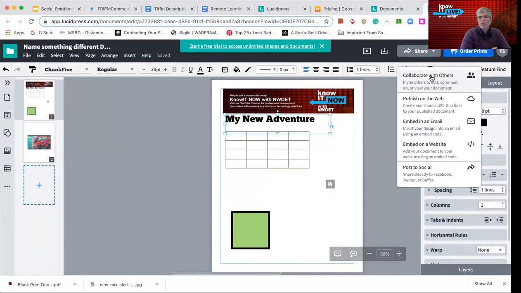So if you are using this for a class where you're trying to build your weekly newsletter, focusing on and featuring a certain group of people new to your school, getting to know someone, interviewing lower classes, community members, that kind of stuff. Publish on the web is an option as well. Embed in the email, and then you could also get the code to embed it in a website and then post to social media. And then obviously, since it is more on the design for the professional side,